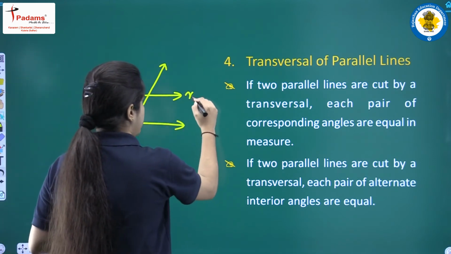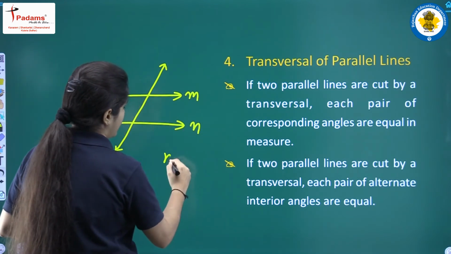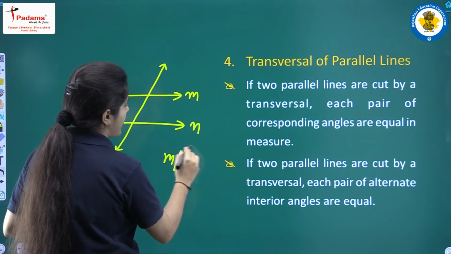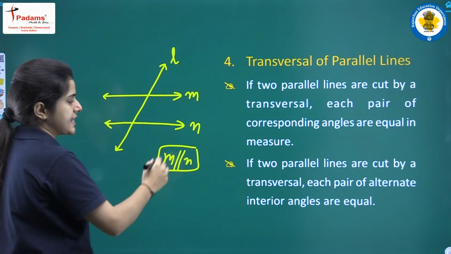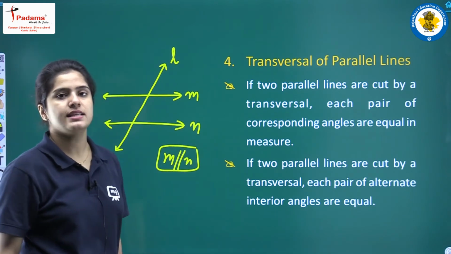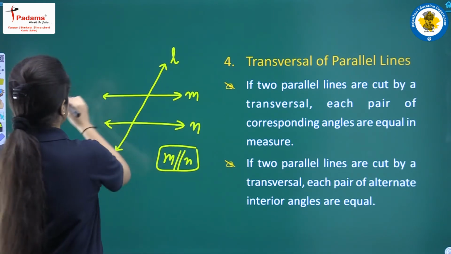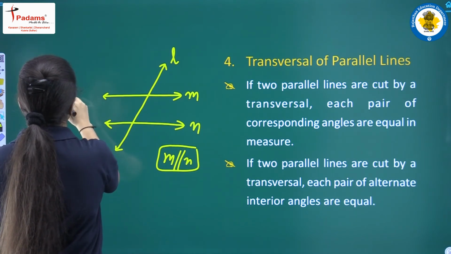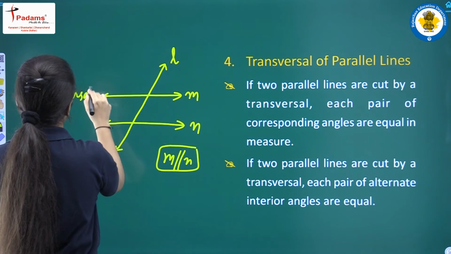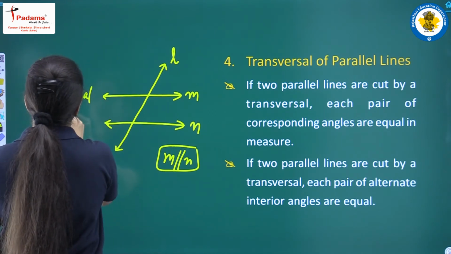For example, this line M and line N are parallel to one another, and if there is a transversal L that is intersecting these two parallel lines at certain points, it means L is a transversal to parallel lines